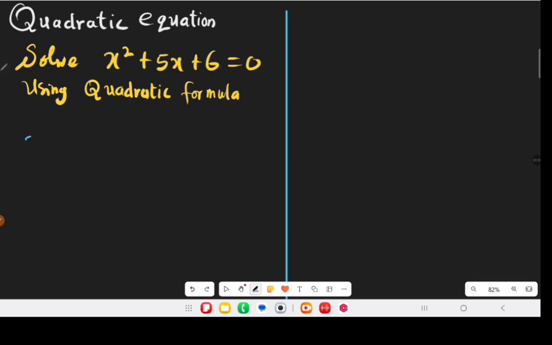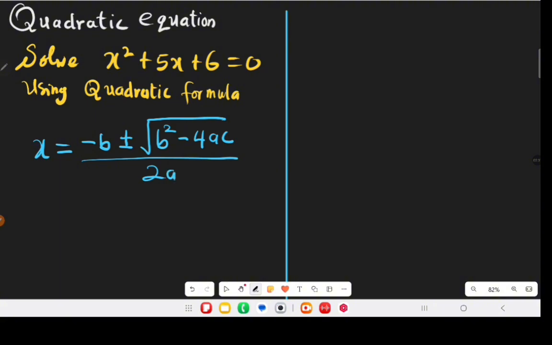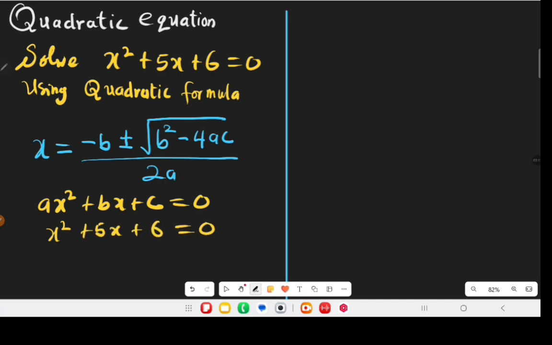The quadratic formula is x equal to minus b plus or minus square root of b squared minus 4ac, all over 2a. And we compare ax squared plus bx plus c equal to 0, which is the form of a quadratic equation, and the equation given to us, which is x squared plus 5x plus 6 equal to 0, where